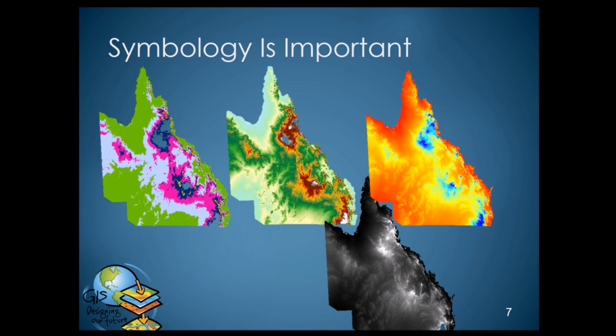Is that something that perhaps makes you think something to do with the topography of the landscape? And maybe even the third one that looks something like temperature. But the trick here is that all 4 of these images are actually the exact same information, but all I've done is to display them with a different color in different ways. So all 4 of these actually show the elevation of Queensland, but they are colored in ways that